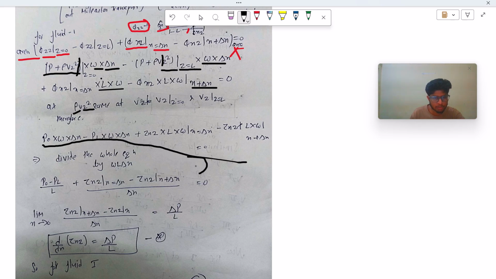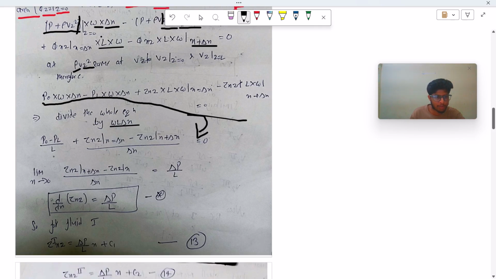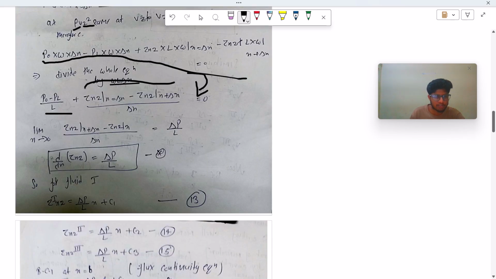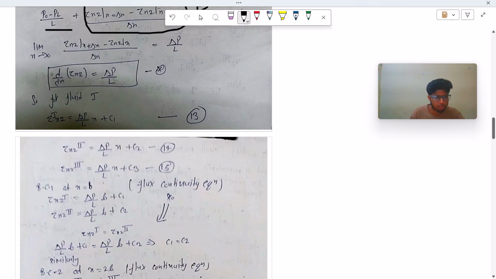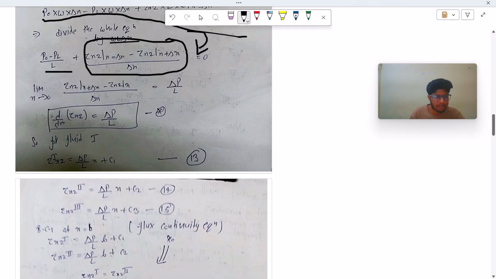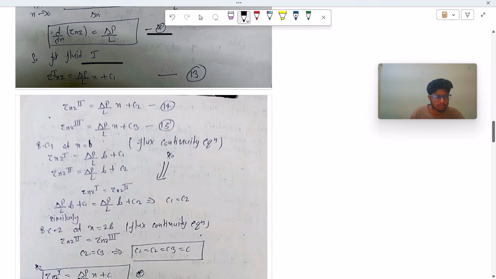Further reducing this equation by dividing by w into L into delta x, we get (p0 minus pL) upon L, plus (tau xz at x equal to x minus tau xz at x plus delta x) upon delta x, equal to 0. This is nothing but the derivative of tau xz. So we write d by dx of tau xz equal to delta p by L. So for fluid 1,